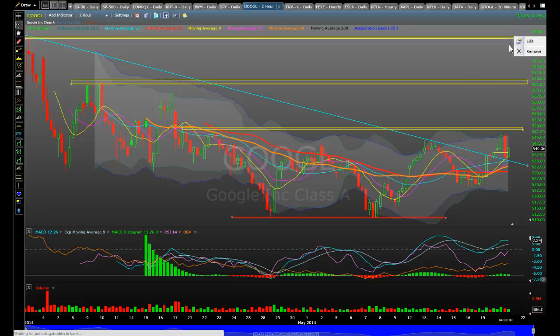That's a lot when you're playing the options and weekly options on Google. Okay, those are sweet trades. So keep this on your radar. Let's look at